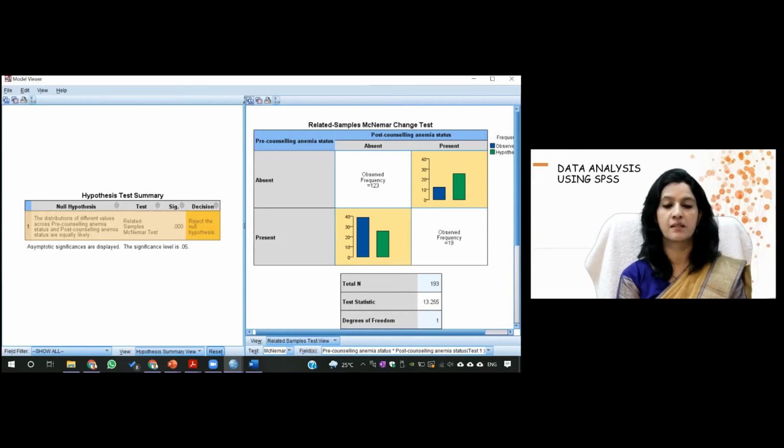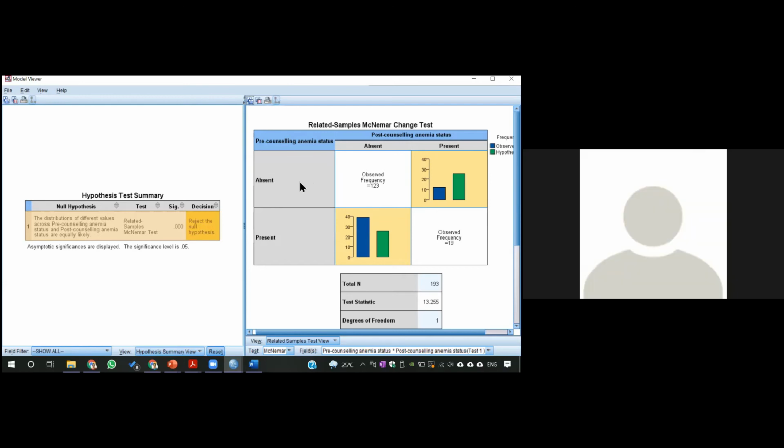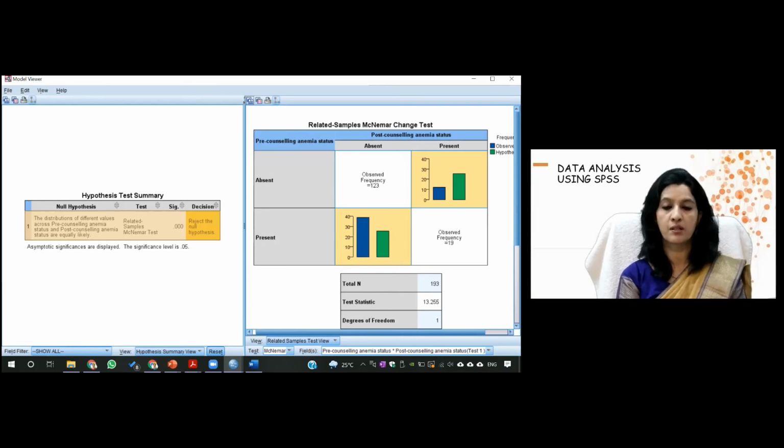Did you get this? The row is for the pre-intervention, column is for the post-intervention. So this first box tells the proportion of people who were non-anemic before and non-anemic after. This D tells you the proportion of people who were anemic before and anemic after also. So this is not going to make any difference. That's why I'm interested in this discordant pair.